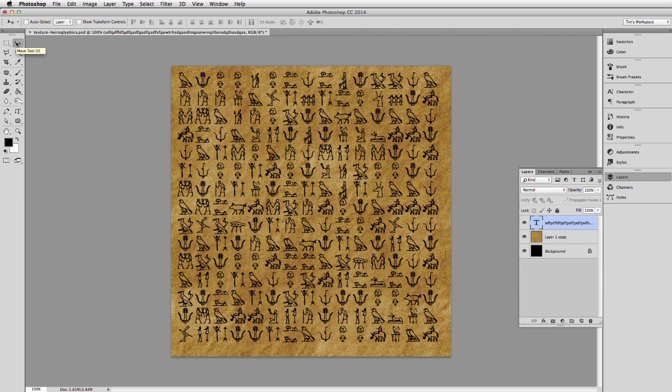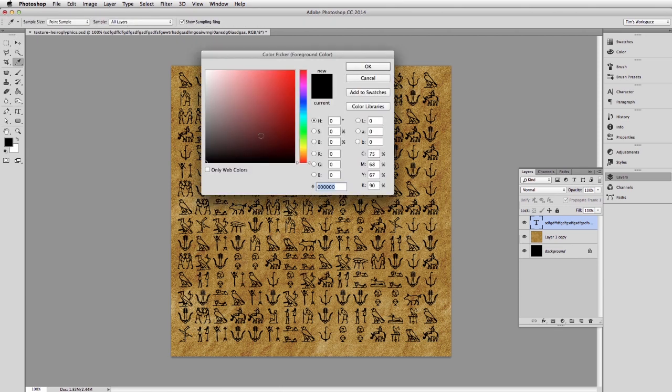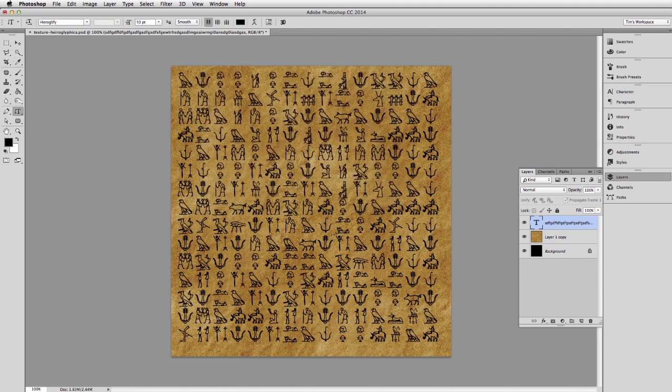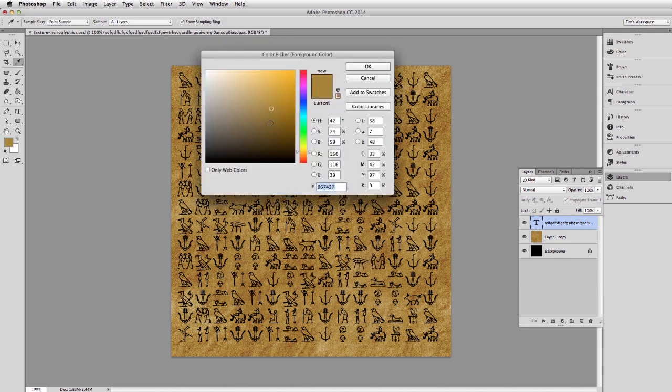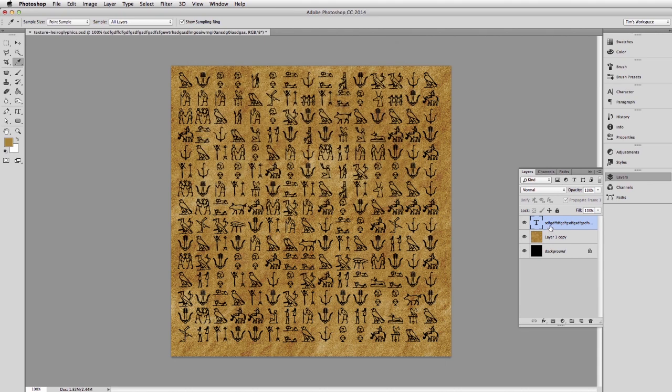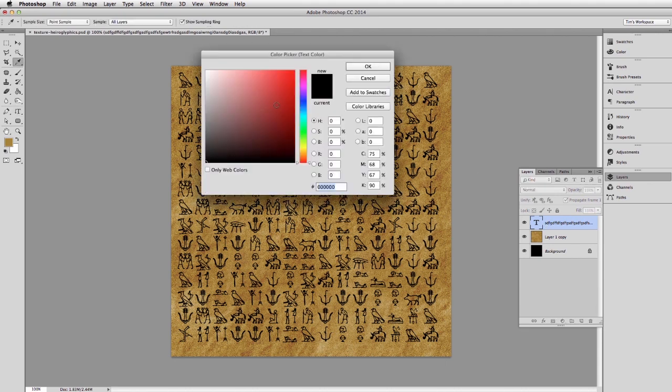So there, yeah, there's the hieroglyphs. Now, of course, obviously that's just text put on over the background. That's not going to fool anybody. You got to make it look like it's real. So what I'm going to do is first I'm going to change the color. Let me see here. Go back to the type tool, change the color to,